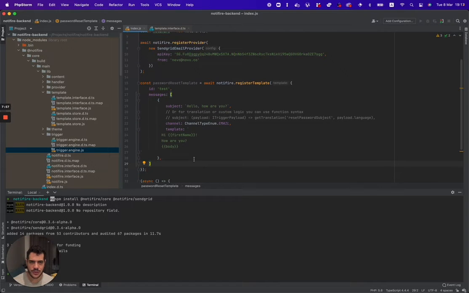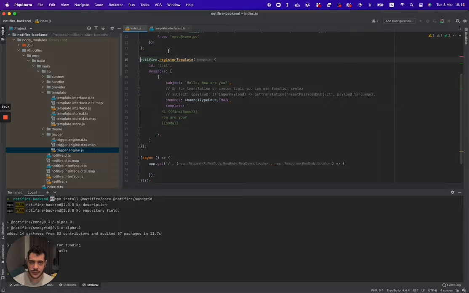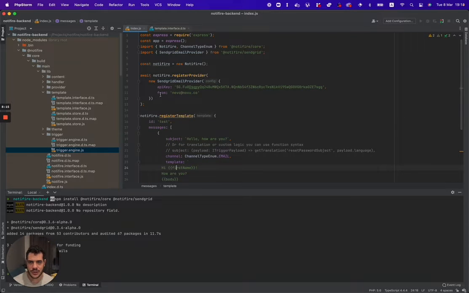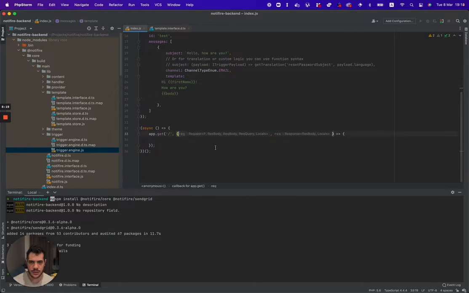We've just created a new template. We don't have to put it as a variable. We can just put it here, and we can add some other templates if you want. So we can do this one using the ID test, and it's an email channel. The email channel that we created is SendGrid, so you can see it here, and all you need to do right now is go here, write